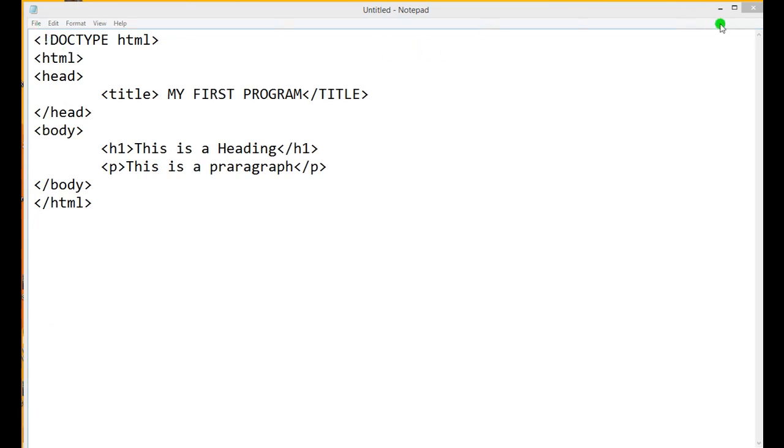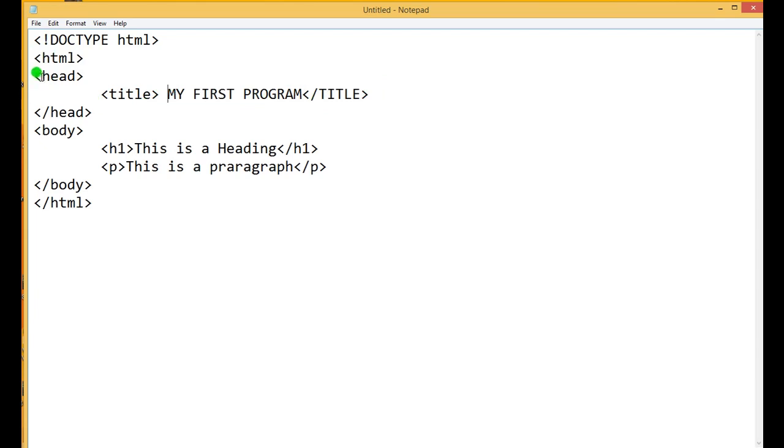Okay, after opening the window, you start typing. First line, doctype html, next html, head, then title, my first program.